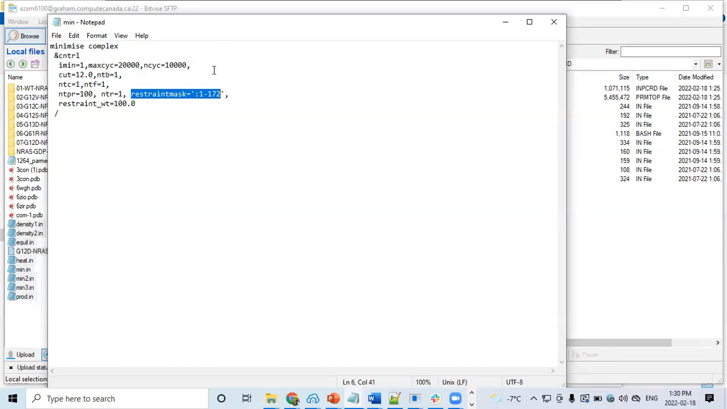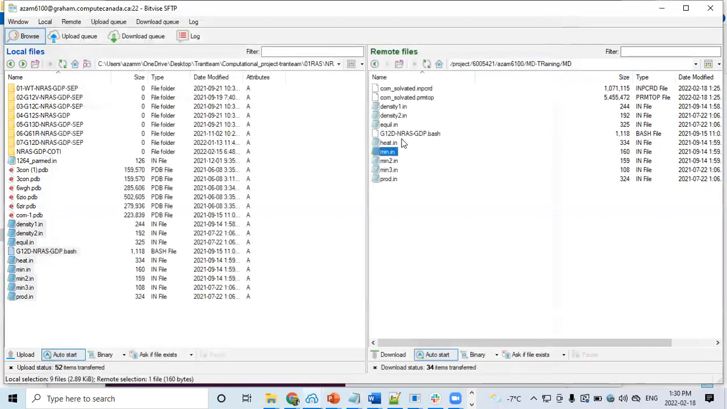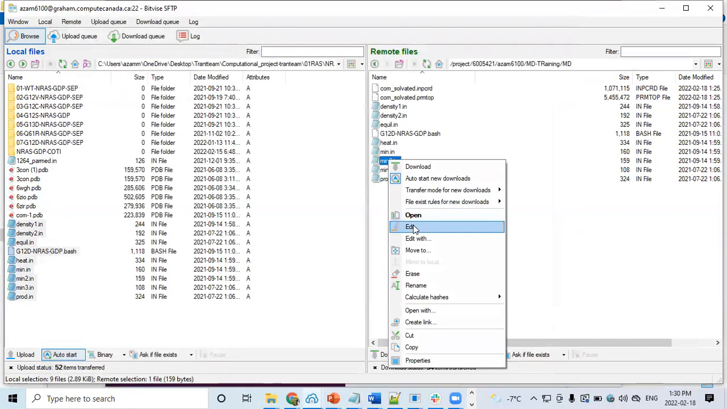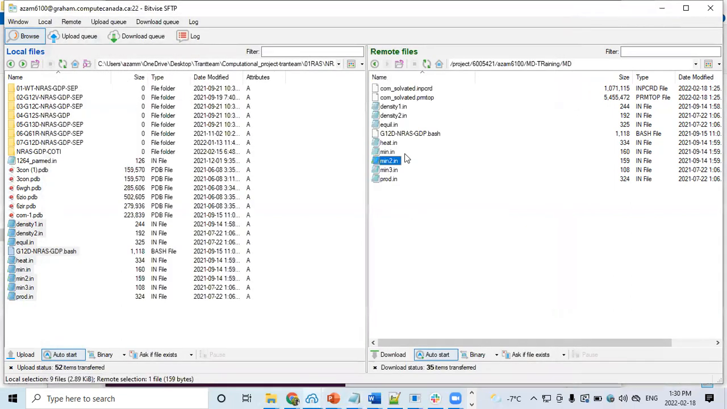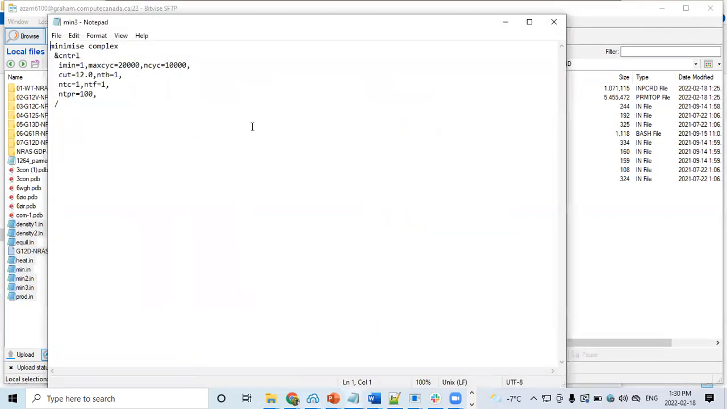So if you see we have a restraint here, just be sure that the restraint is applied on a protein, not a ligand. Okay, so for the protein, it's okay. And in minimization 2, we have a restraint too. And in minimization 3 we don't have any restraint, because